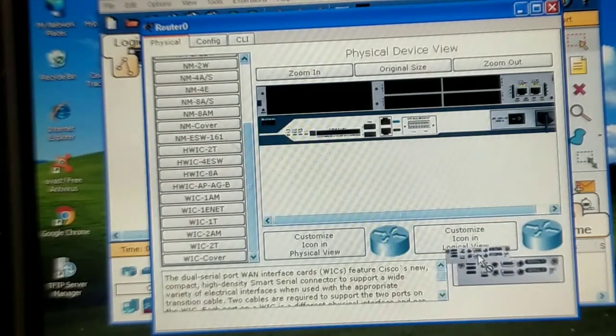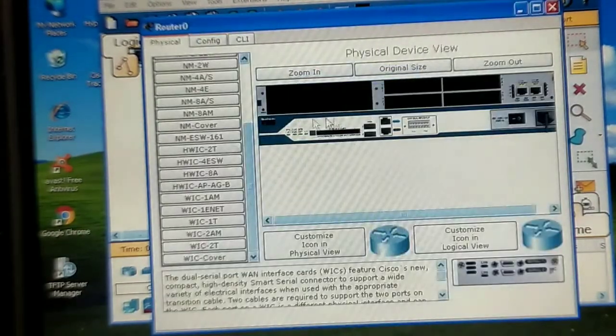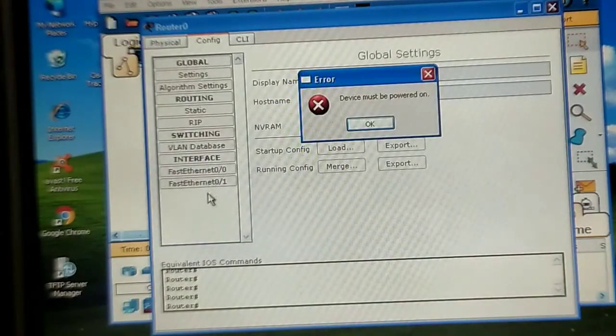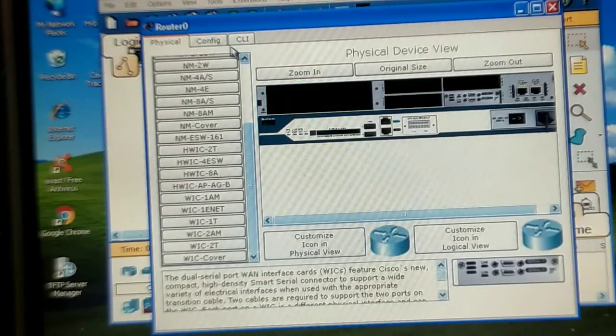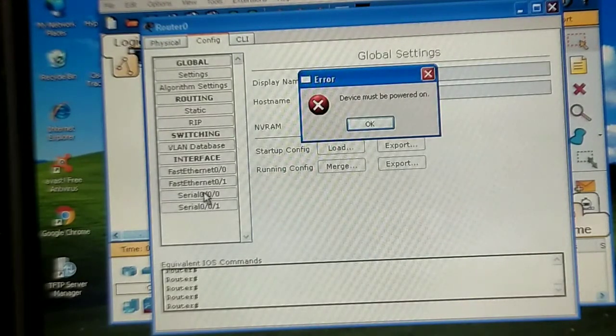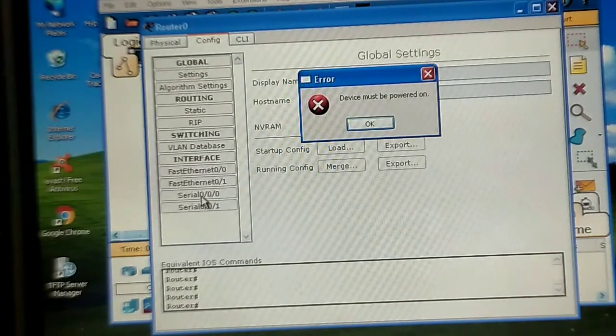Before attaching this module, I also want you to have a look at the configuration portion of the router. Here it is shown that you don't have any serial interface right now. You have only the FastEthernet 0/0 and 0/1. But when you attach this module in our router like this, now just go to the config and check. Then we have serial 0/0/0 and 0/0/1, because this single VIC2T module gives you two WAN interface ports. So these two WAN interface ports are clear over here, serial 0/0/0 and serial 0/0/1.